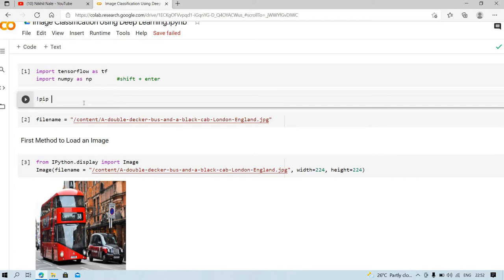For that, you will write pip install tensorflow, and press shift and enter to execute the cell. I already installed this.